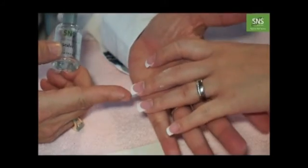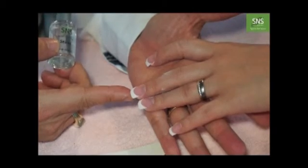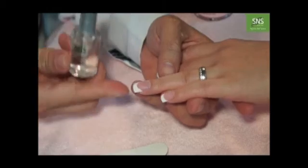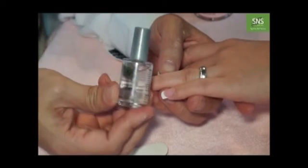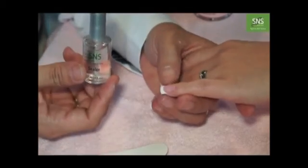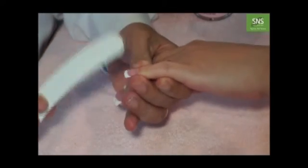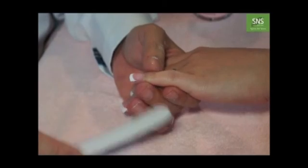Okay, after you finish 10 nails this way, you have to make sure every 2 nails you apply sealer well enough for the nail to dry. If you do not apply it well enough, the nail will never get dry, okay? Don't forget that. Okay, the next step, after you finish 10 nails, you go back to the first one,